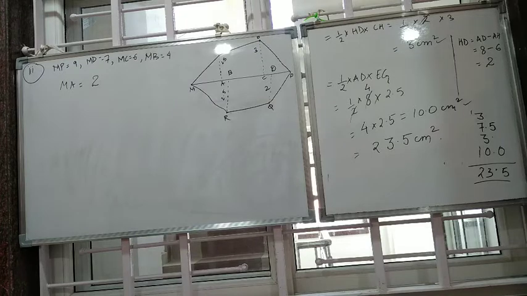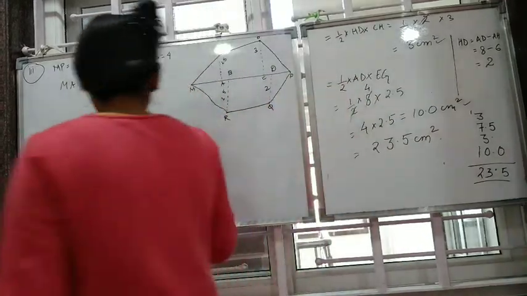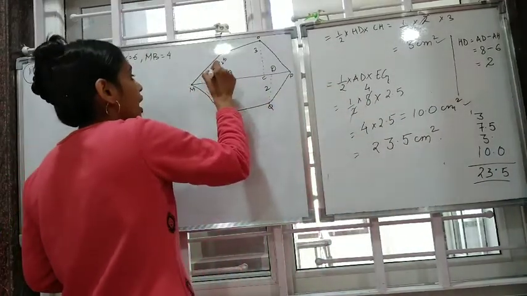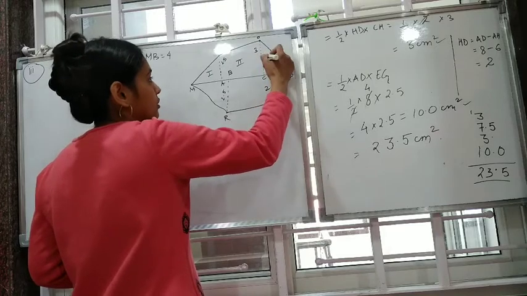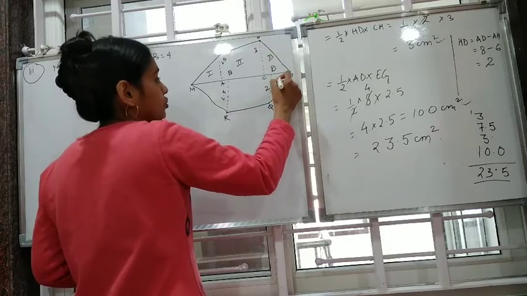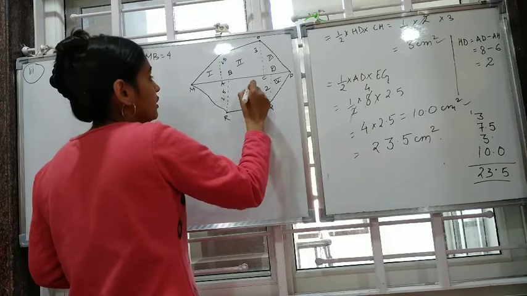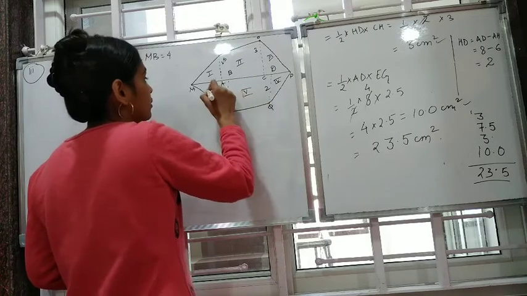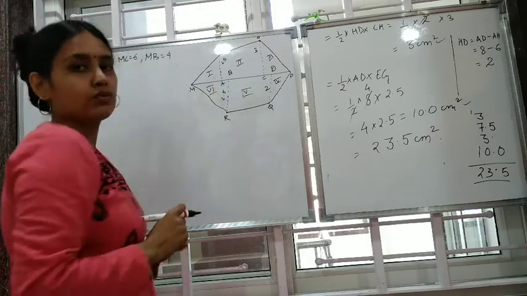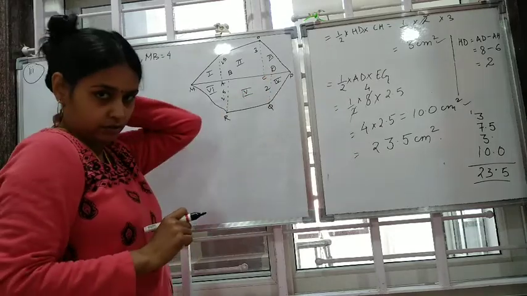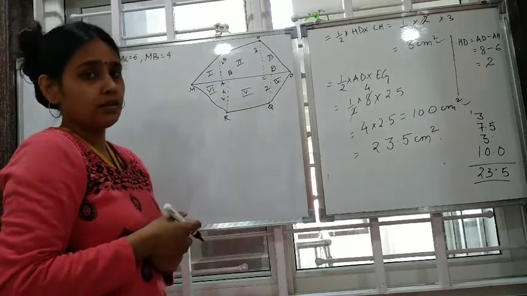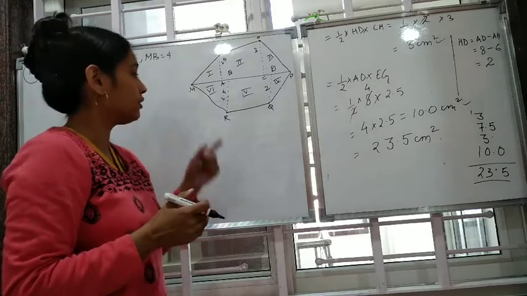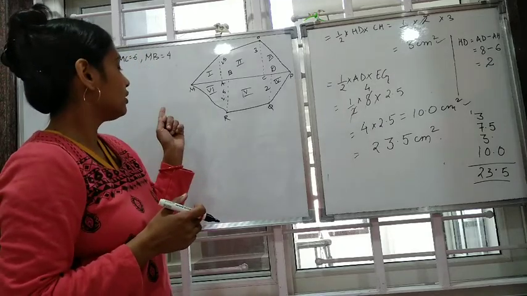So this is already divided into so many parts. You can see triangle, trapezium, triangle, sorry, this third, trapezium and triangle. So we will find out so many areas, correct? And then we will add them to find the total area of the polygon